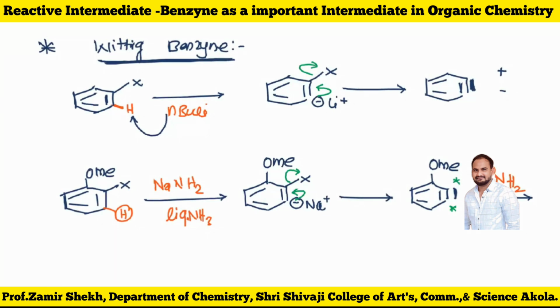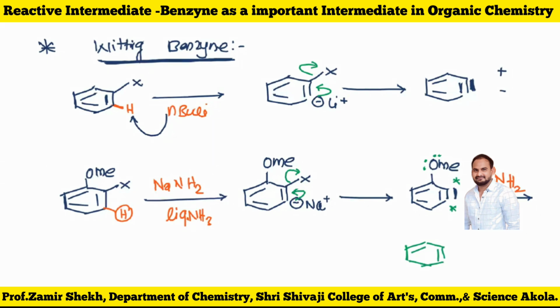Example, this one. So this O is a donor, then your nucleophile cannot approach the adjacent position. That means it causes repulsion between these two groups. So it should react at the lower carbon with respect to that OMe, and that's why your resulting product, the expected product, will be what?